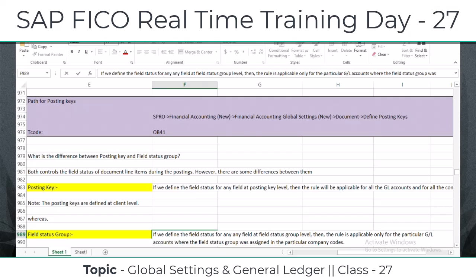If we define the field status for any field at field status group level, then the rule is applicable